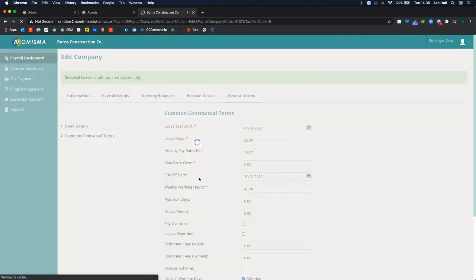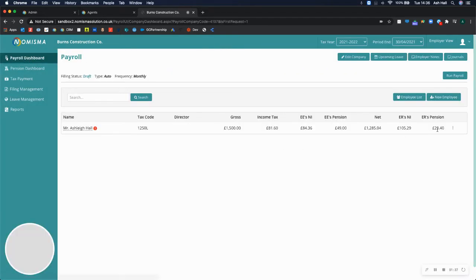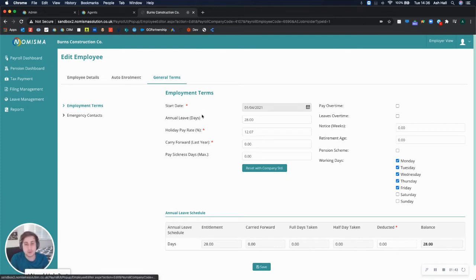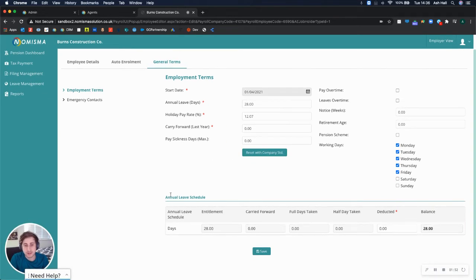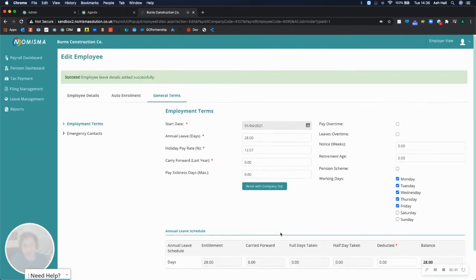But if I save that and then go back to the payroll dashboard and edit my employee now and go to general terms, and then within employment terms, you can see the standard terms that I've set up have been pulled through, but I can reset that with the company standard. It's just reset it. And I can see the employee's entitlement here is 28. They haven't taken any yet, but if I save that,